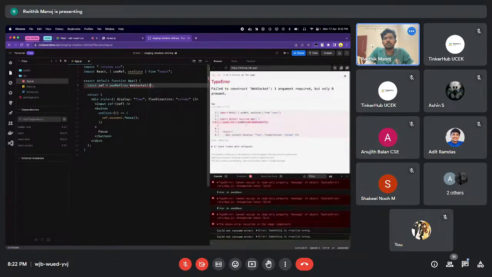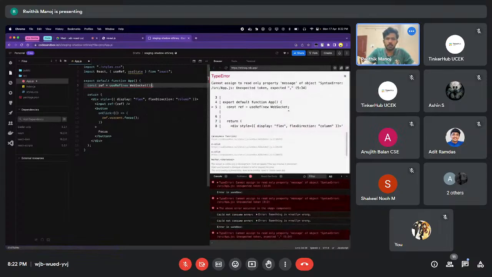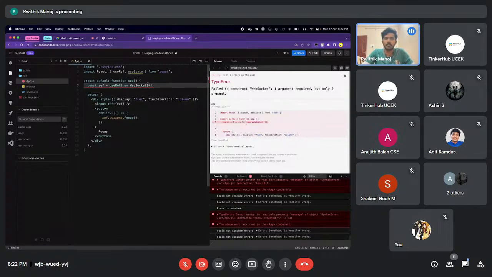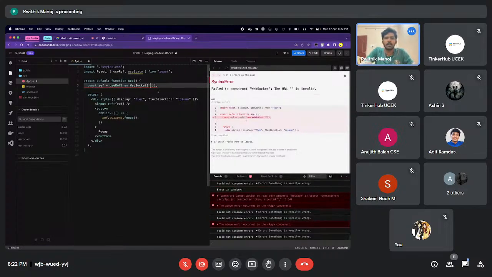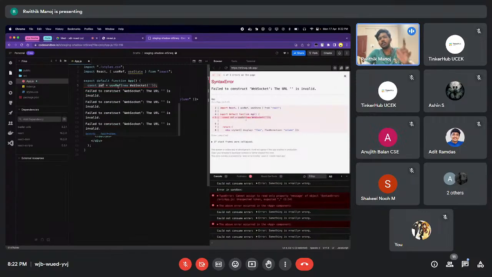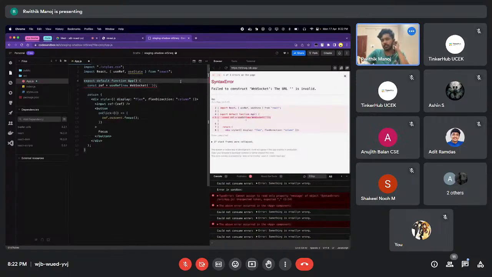So this, yeah, I'm missing some arguments. There should be some URL here, and there's some things missing, but yes. So on every new render, you cannot use state for this because state, I guess you can use state for this, but you don't need to use state for this because WebSockets